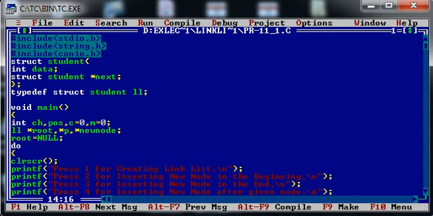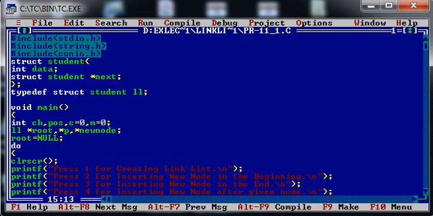Over here you can see I have created three pointer variables of type struct student: pointer root for representing the starting node, or you can say the first node, pointer p for traversing, and pointer new node for the newly allocated memory.